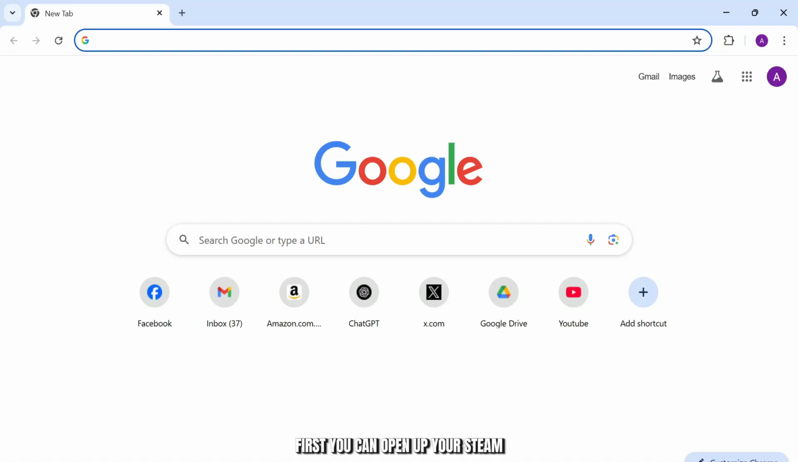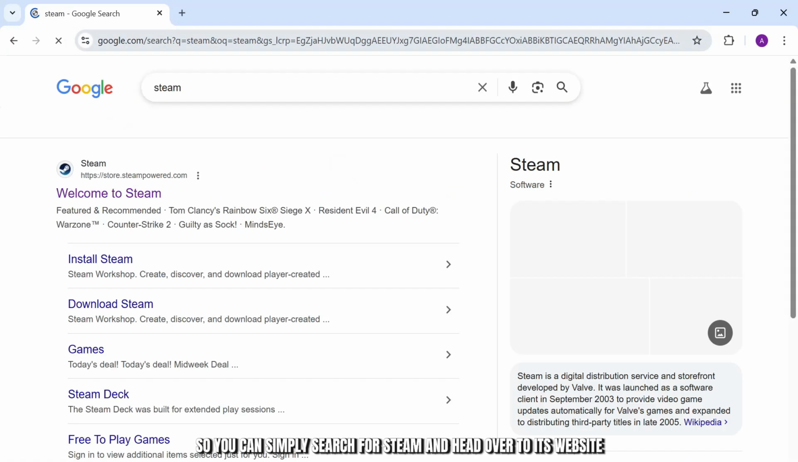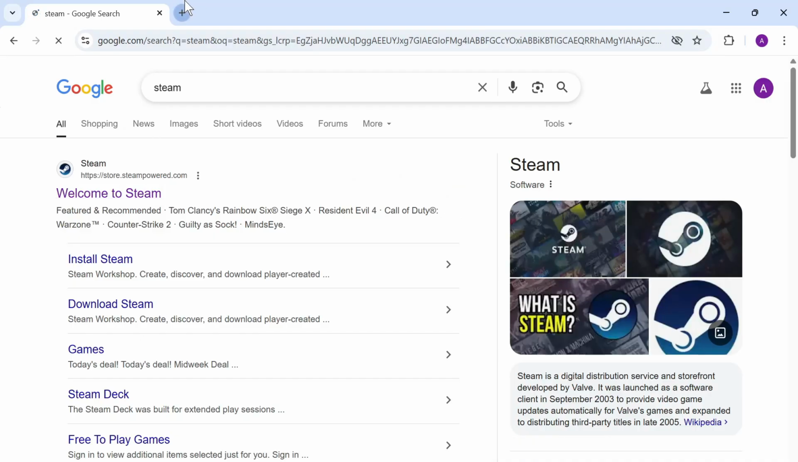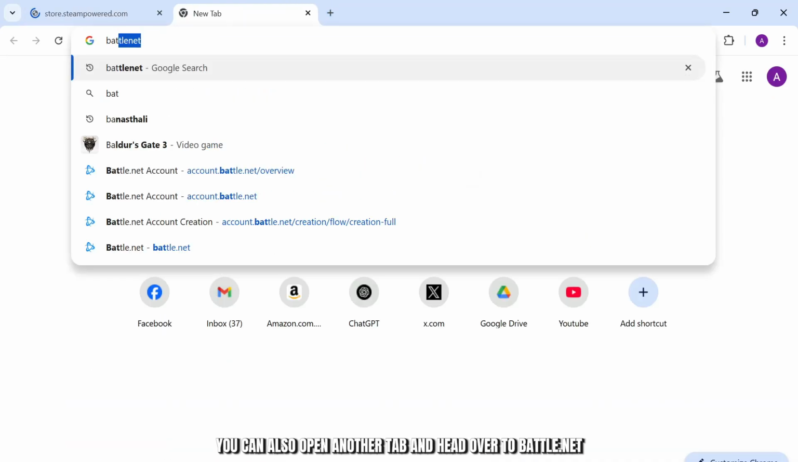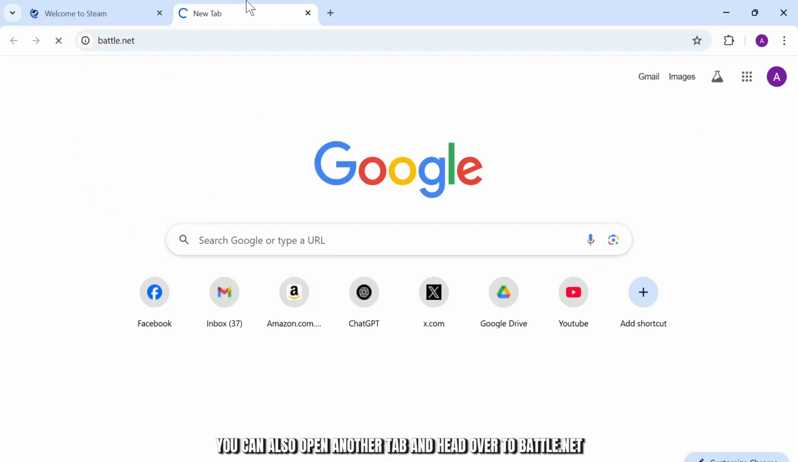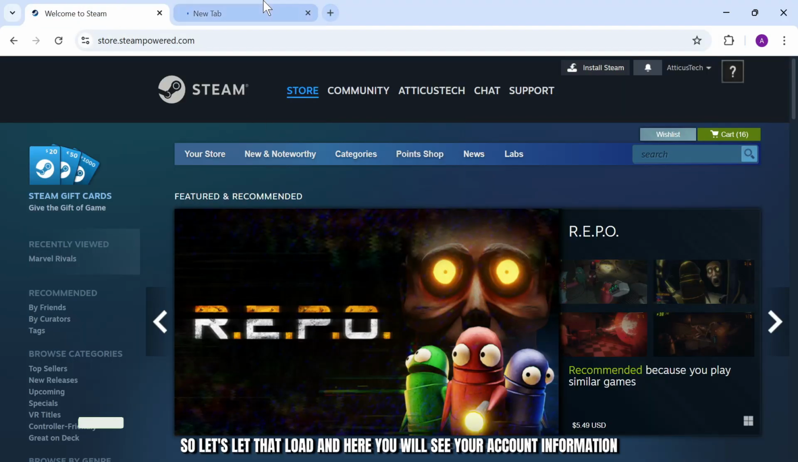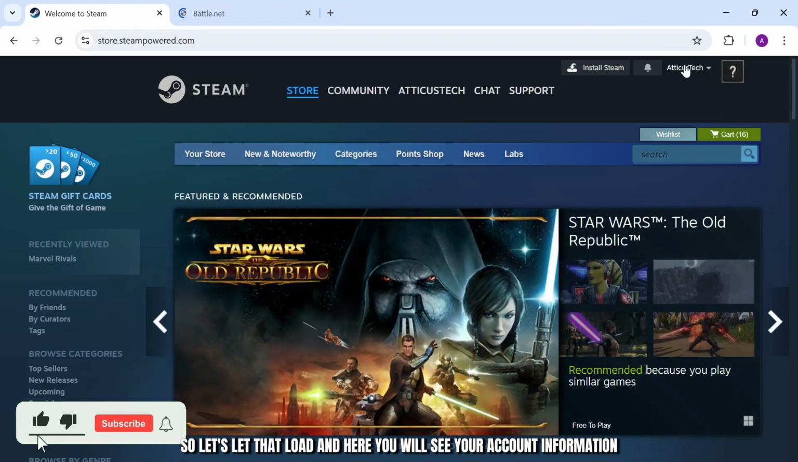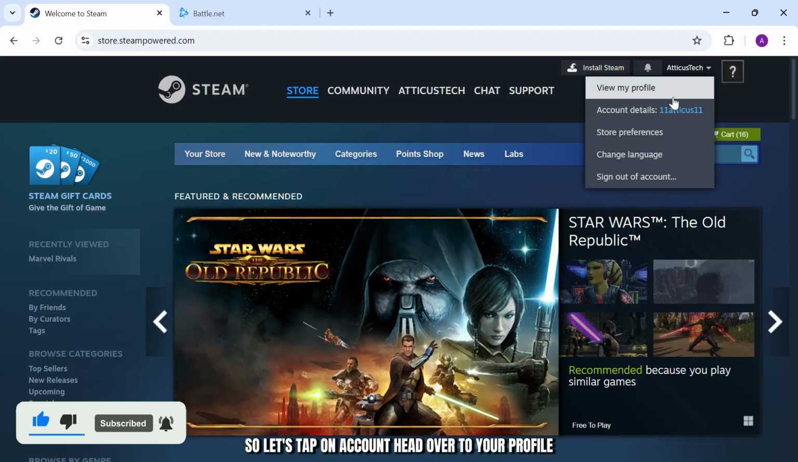First, you can open up your Steam. So you can simply search for Steam and head over to its website. Other than that, you can also open another tab and head over to battle.net. So let's let that load. And here you'll see your account information. So let's tap on account, head over to your profile,